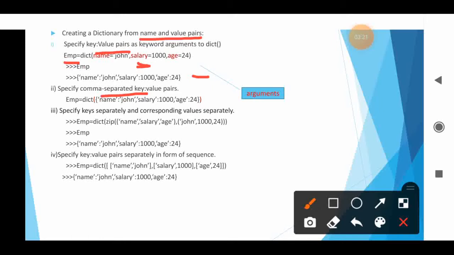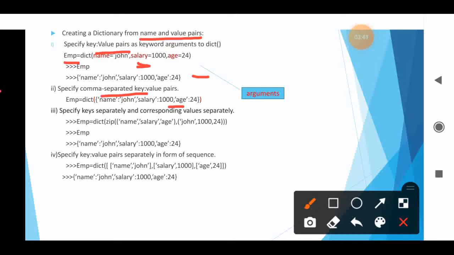The next one is to specify comma separated key value pairs. Then the next is to specify keys separately and the corresponding values separately. We can create this using the dict function with zip.